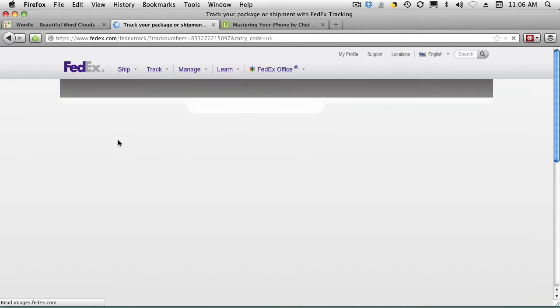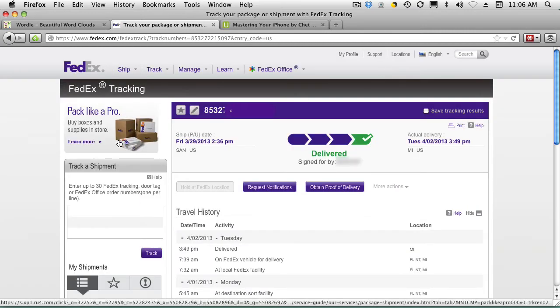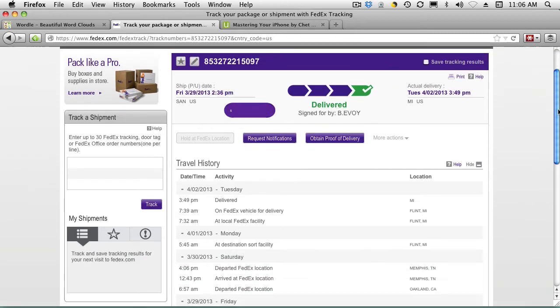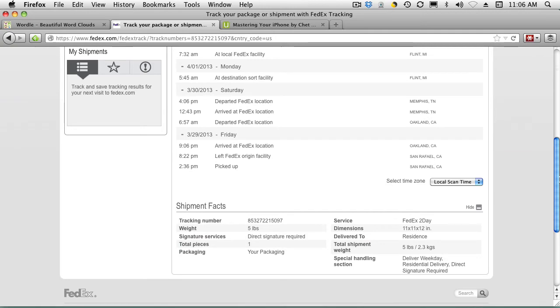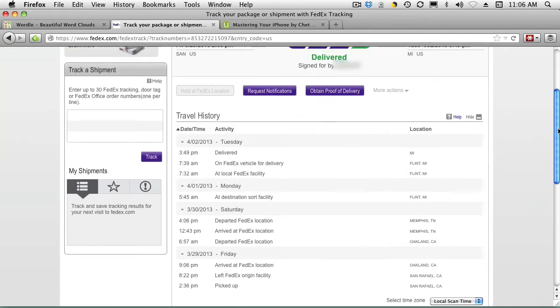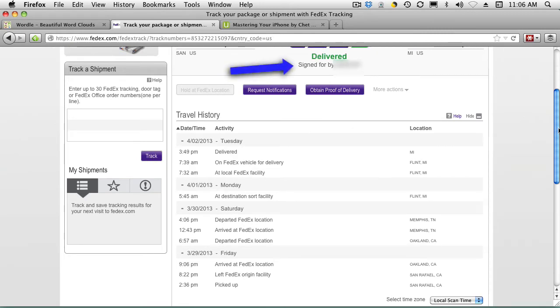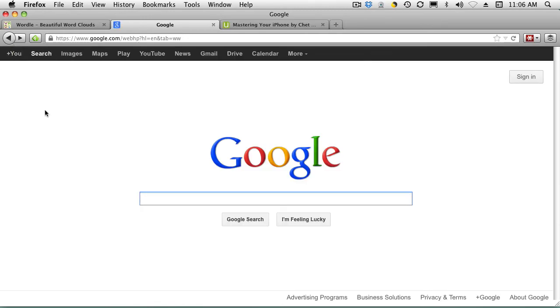So depending on the provider that you or someone used to send you a package, it would go to their website. So it shows me the details of that package tracking. It says when it was shipped, the weight, the size. It lists all the stops, when it was delivered, and who even signed for it. So that is a very, very cool function, the ability to track packages